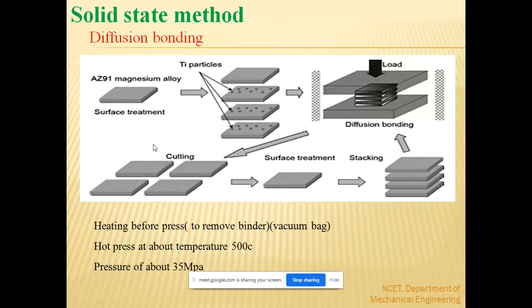First, I'm going to select a sheet of magnesium alloy. It does not mean that we can select only magnesium alloy; we can go for any kind of metal. This will act as the matrix material, a sheet of thickness less than 0.25 mm, like that. We can select a sheet of any metal which has already been heat treated. Then there is another plate of the same kind at this portion, and we can see the titanium particulates, meaning small particles of titanium.